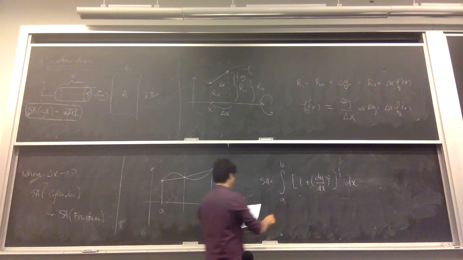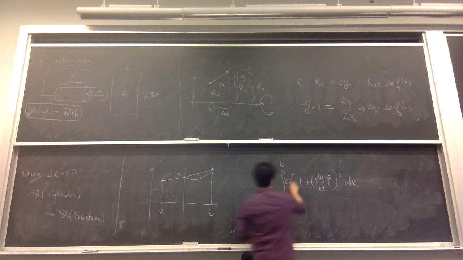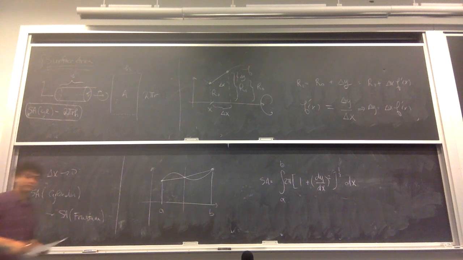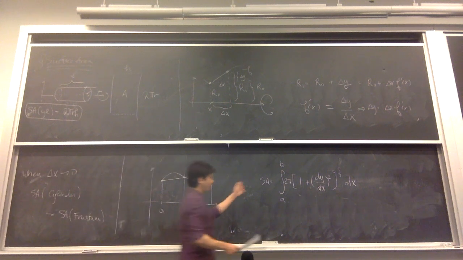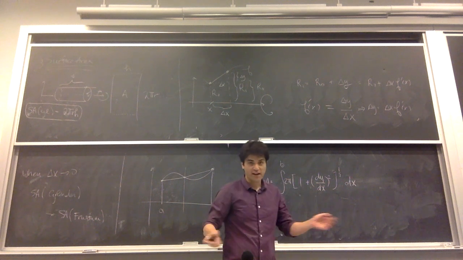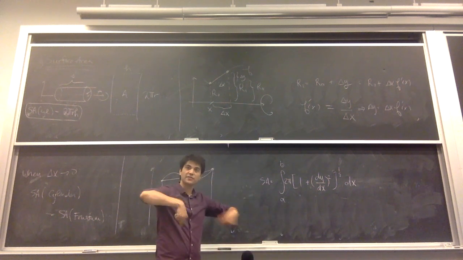Oh, 2 pi. Okay, so this is the equation for the surface area of an object given by a curve that's rotated around